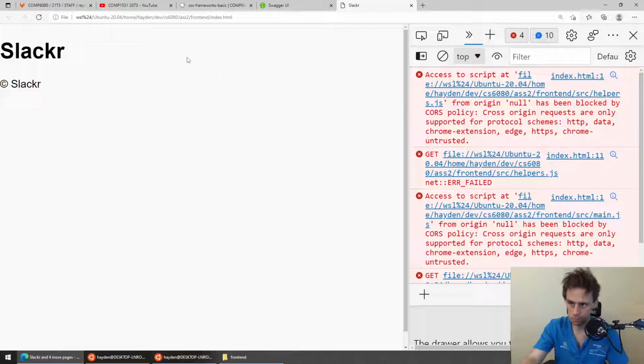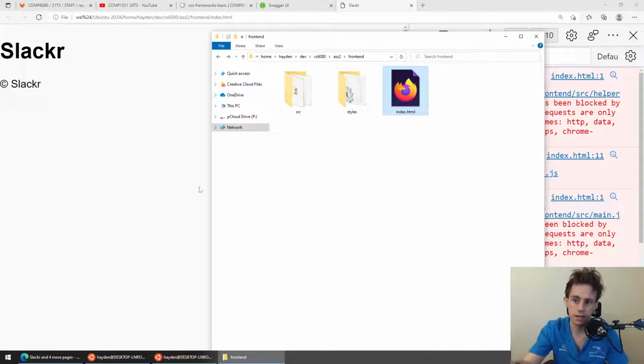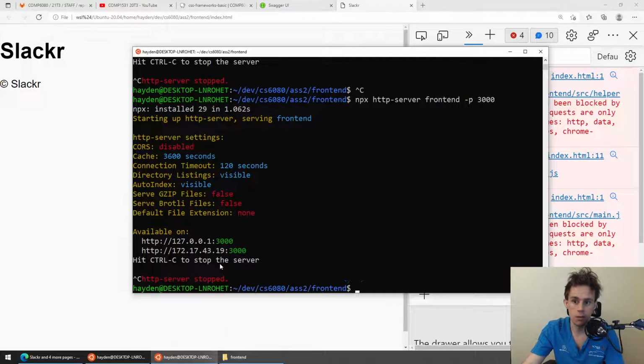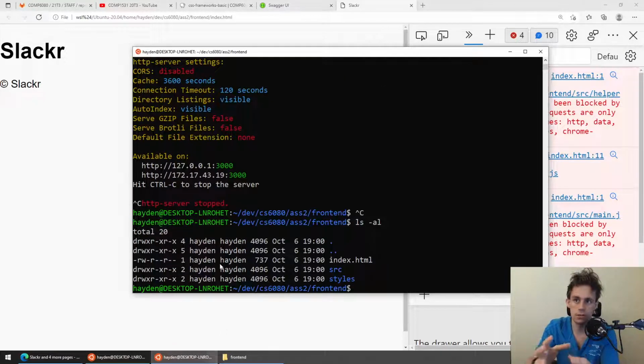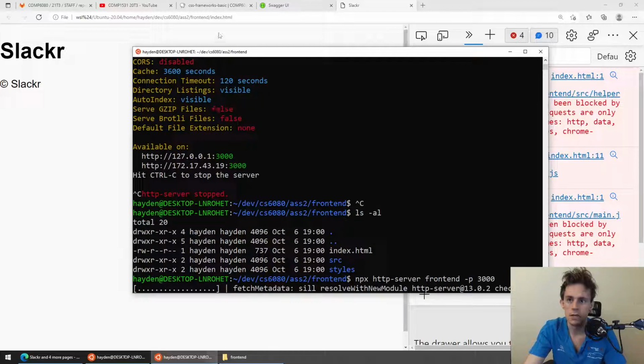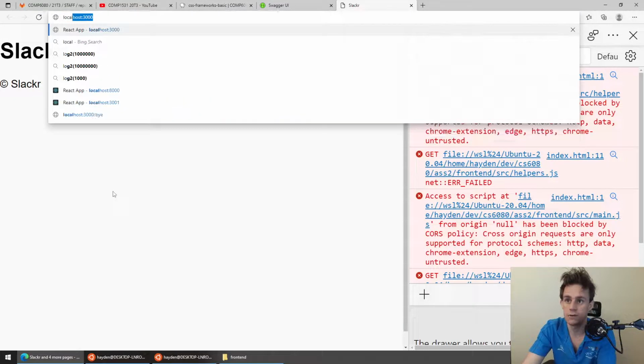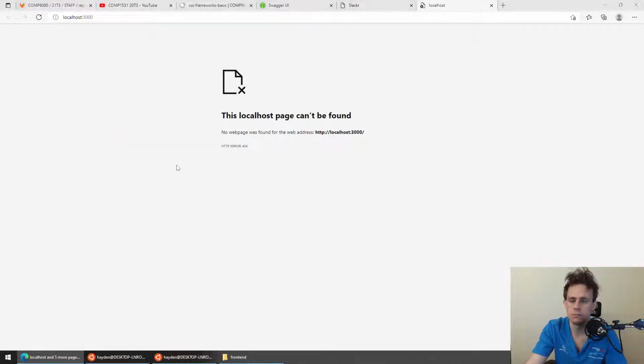But to get around all the babble of it, we just say, well, instead of loading the file directly like that, you can run this server here. Instead of you loading the files locally, it quite literally means that if you go to localhost 3000, it will just serve those files for you. So if I go to localhost 3000,